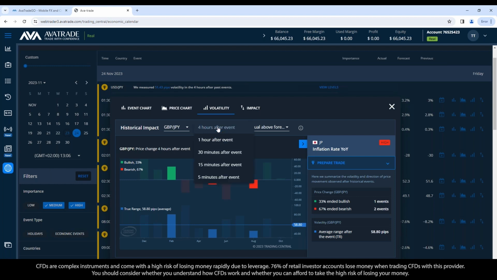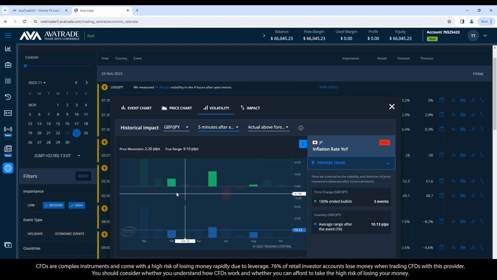And what you can see is if I say that I want to place a trade within 5 minutes of those numbers coming in, the first 5 minutes, look, everything was up. All of the movements went up in the first 5 minutes. So I would have time to say, okay, I know from the statistics in the past that 2/3 of the time this movement drops in the coming hours with a large range movement, like 50 pips range movement. After 4 hours, we were looking at, well, in the first 5 minutes, look what can happen. You can actually get a higher point with only 10 pips range movement.